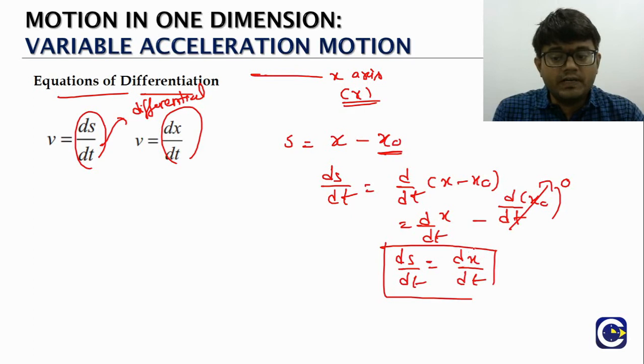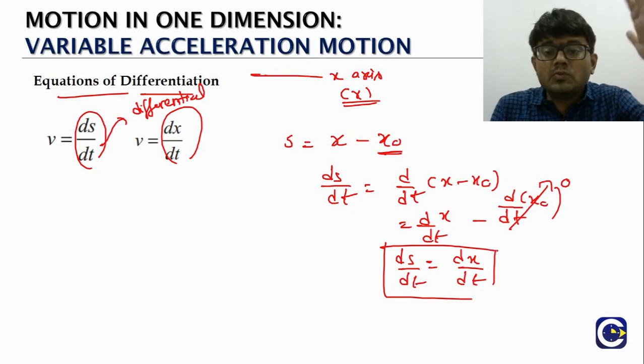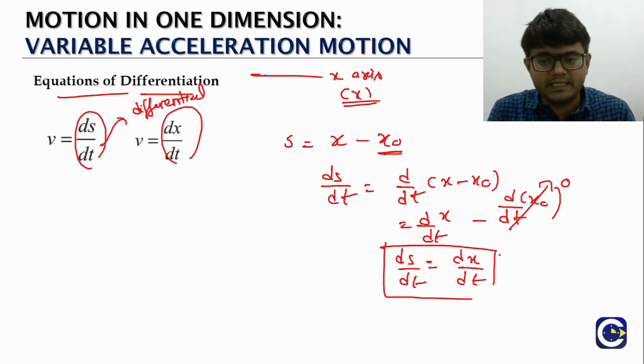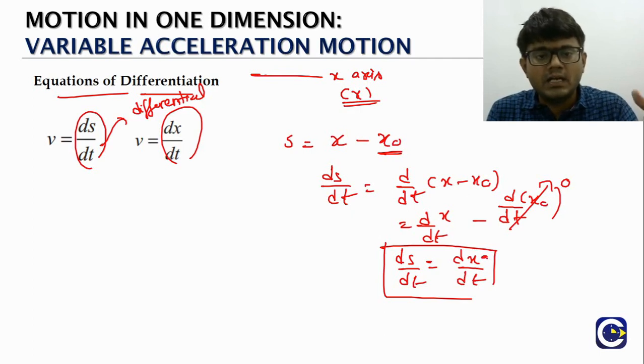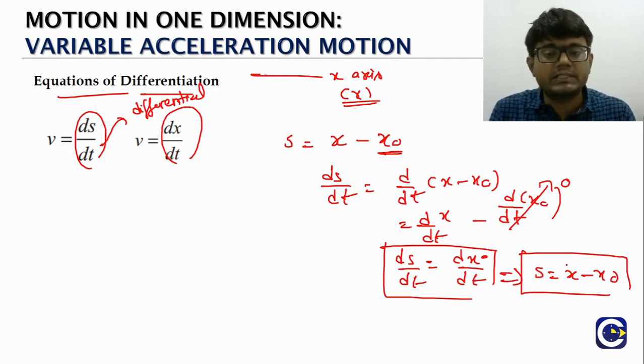Okay, so here while we are saying dx by dt, we are assuming that the particle is moving along the x-axis. If it is moving along the y-axis, we would be getting dy by dt like that. So this is the way in which we will be able to relate the position of the particle with the instantaneous velocity. Generally we will be given the function for the position, and if you want to find out the displacement, obviously displacement will be equal to x minus x naught, position at a given time minus position at the starting time, that is t equal to 0. That will give us the displacement.